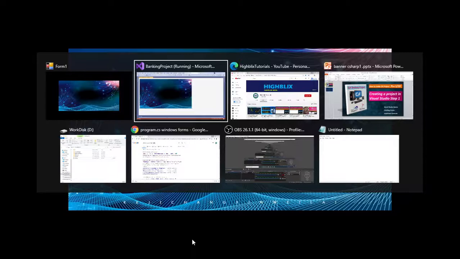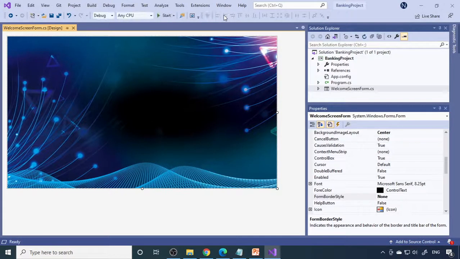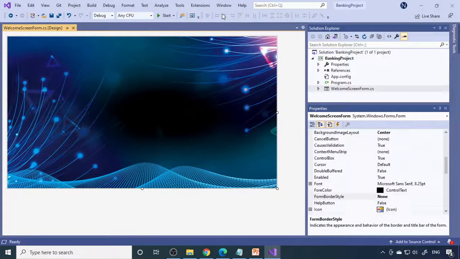Now to stop this, you can see because it has occupied the full screen, there is no option here. So therefore what you have to do is press the Alt tab key, then you have to select this one. Okay, and then here is the stop button. You have to click on the stop button. Otherwise you will be confused about where to stop, how to stop. I'll show you again. So run this. Now it's in full screen. There is no option for you to close. So what you have to do is Alt tab. So then leave it and then stop this project. Right.